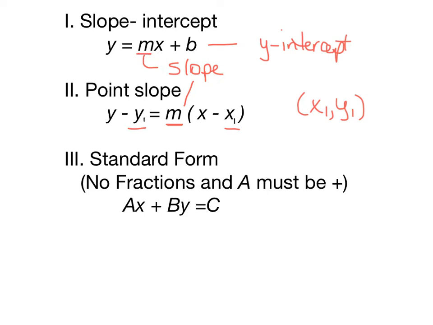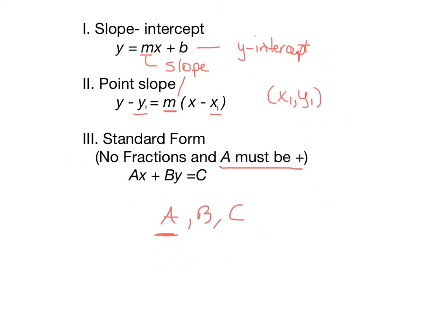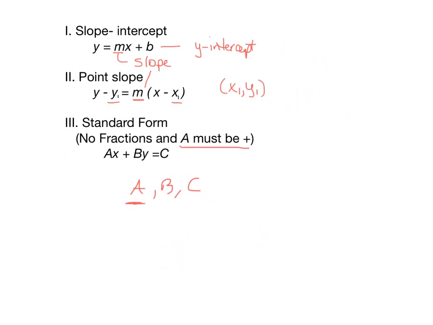Remember, for standard form, you cannot have any fractions, and then the number in front of x, your a term, must be positive. So a, b, and c are just going to be integers, but a has to be a positive integer. The other formula we talked about on Friday was the slope formula, and we're going to use that